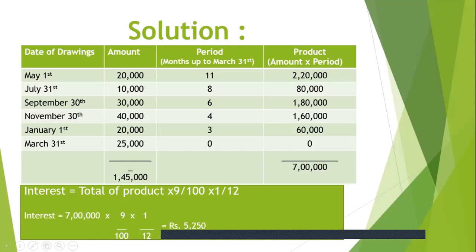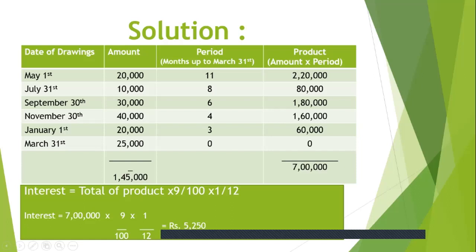So at last we add all the products. If we add all the products, this comes to 7 lakhs, right? And as you have studied in the previous slides, how to calculate interest on drawing: interest on drawing is calculated as total of product into rate of interest upon 100 into 1 by 12, because the duration is given in months. So here interest is equal to total of product, which is 7 lakhs, into rate of interest 9 by 100 into 1 by 12. The answer is coming